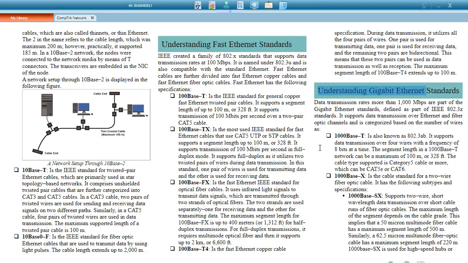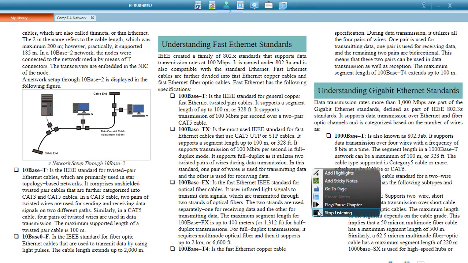Understanding Gigabit Ethernet standards. Data transmission rates more than 1000 Mbps are part of the Gigabit Ethernet standards, defined as part of IEEE 802.3z standards. It supports data transmission over Ethernet and fiber optic channels and is categorized based on the number of wires as